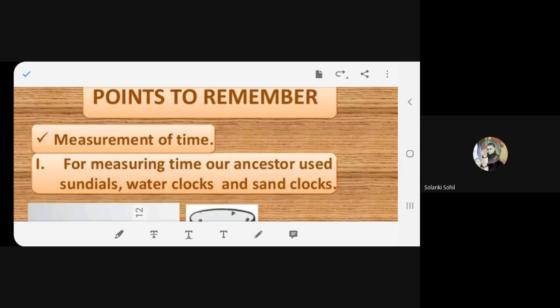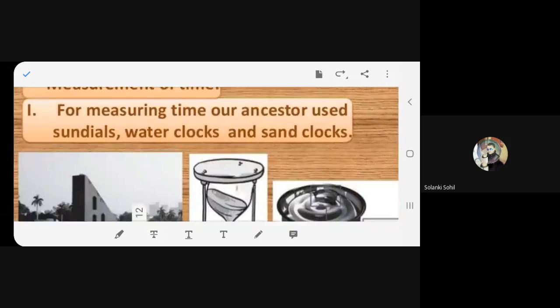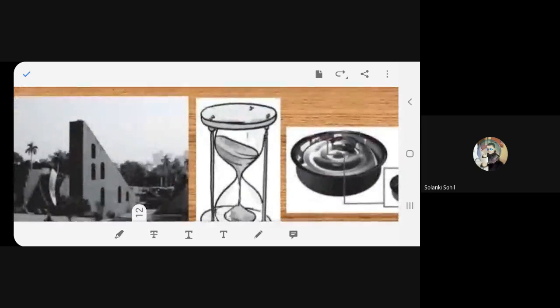Points to remember: measurement of time. For measuring time, our ancestors used sundials, water clocks, and sand clocks. See, beta, if you're stuck somewhere, read it again, please. Don't read it wrongly. Be careful. So, our ancestors, that means our forefathers, what they were using,